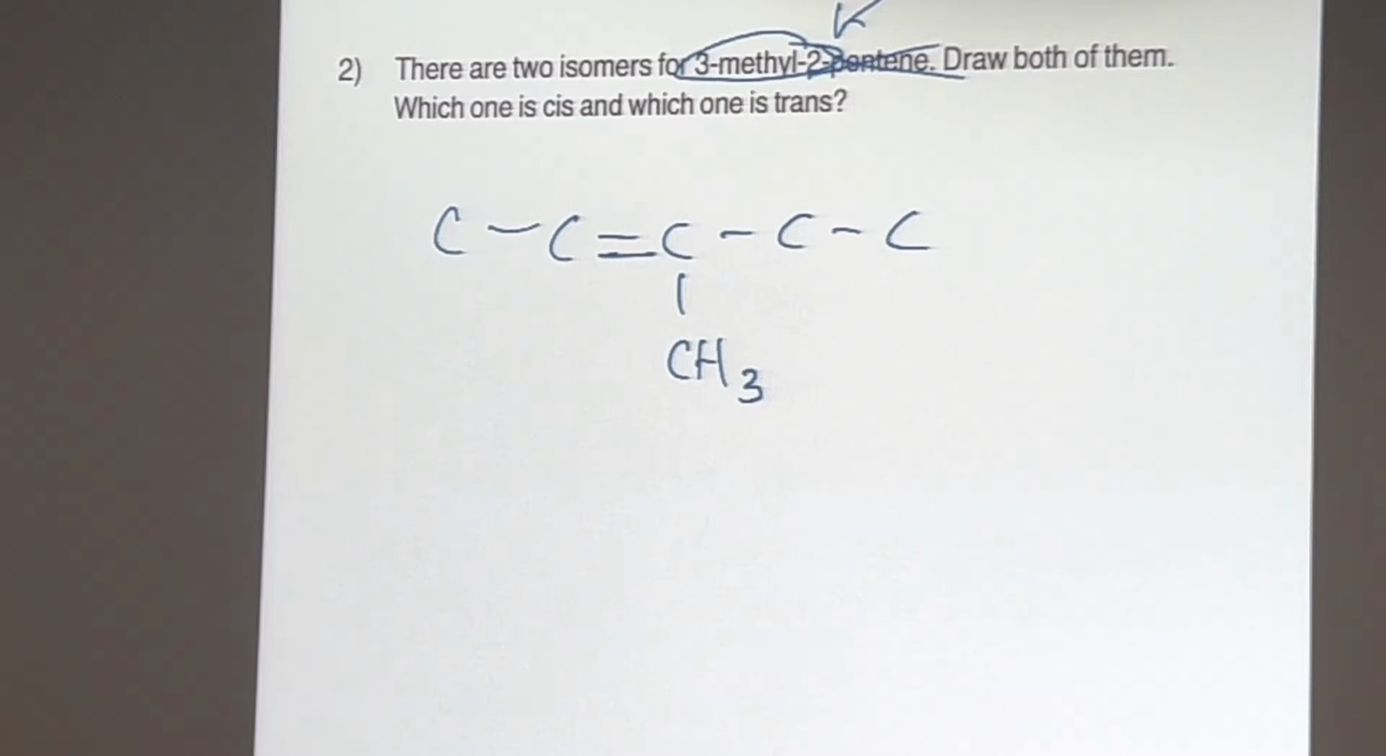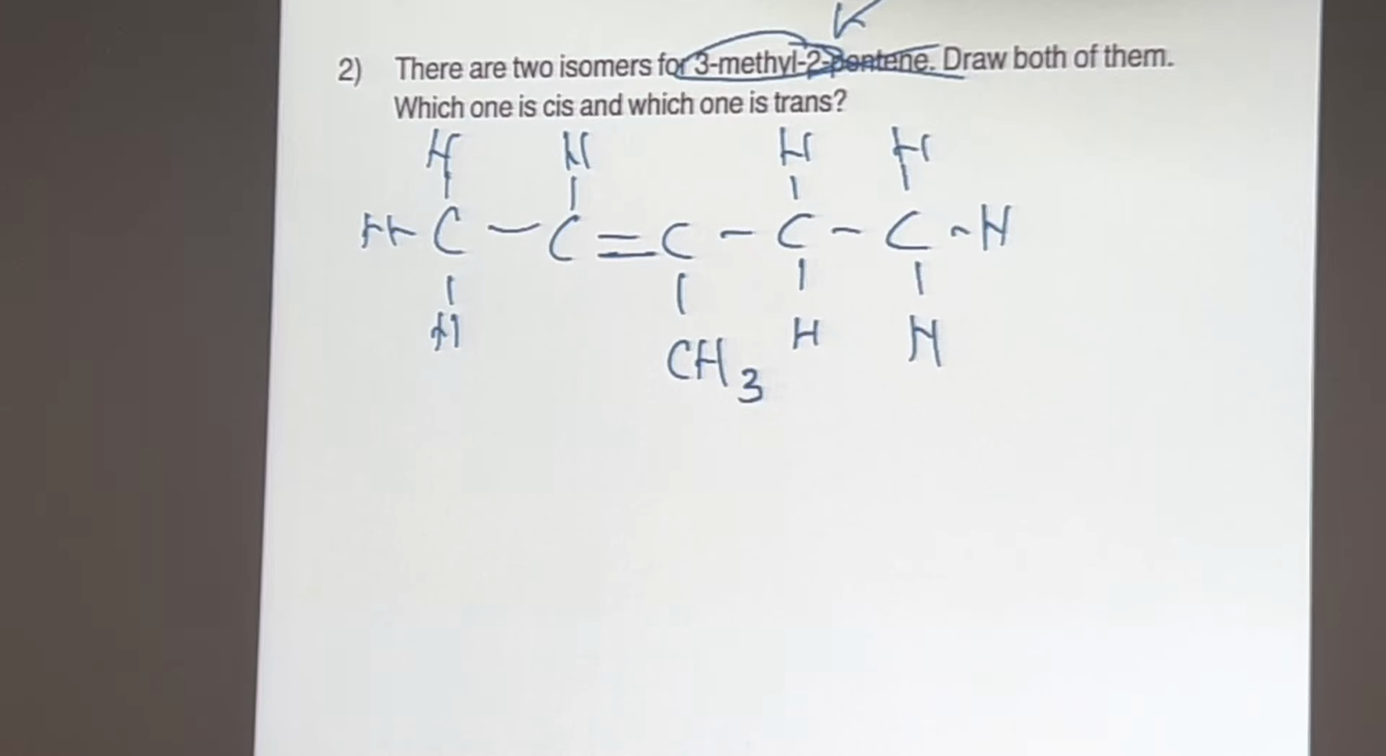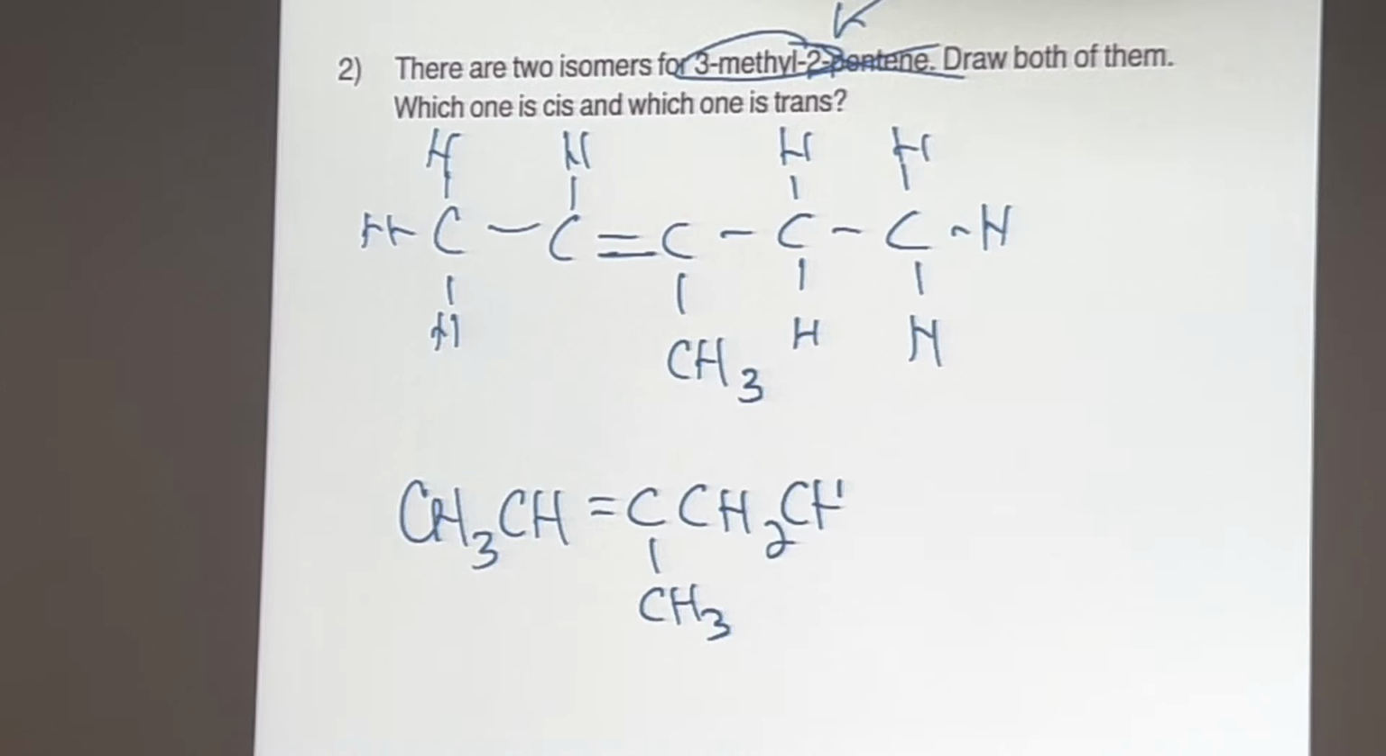Okay, so now what I'm missing are my hydrogens. So if you needed to draw all your hydrogens in, it would look like this. And that would mean that to clean it up a little bit, folks, it would look like this. Are we okay with that? So that's 3-methyl 2-pentene. Okay. So same thing there. Now, if we want to draw it in cis